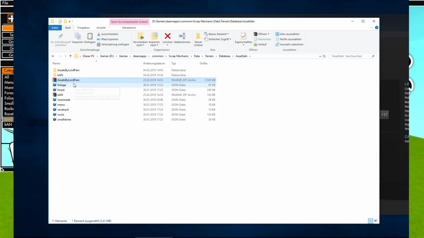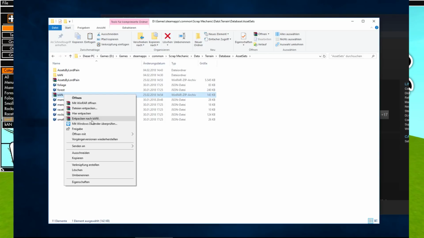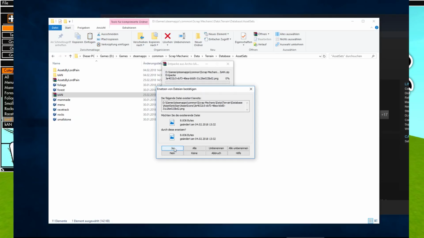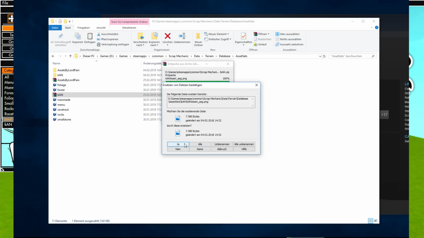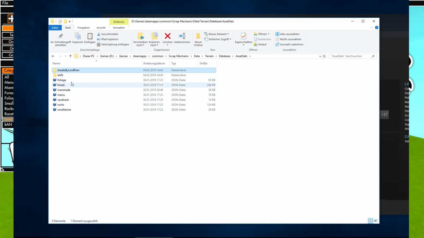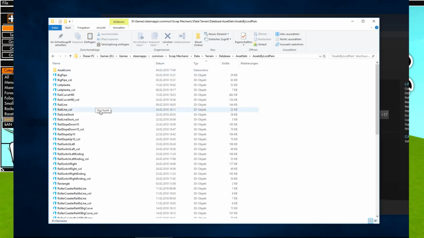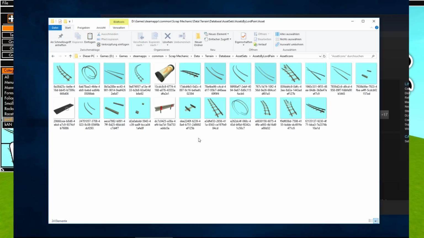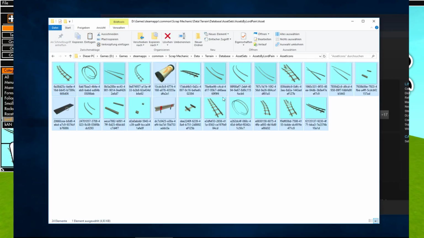Okay, so then you go to the second asset and also go to extract here and replace all the files. Okay, so once you did that, you can actually delete the zip files. And what you want to do now is go to Assets by Lord Payne, Asset Icons. There will be some new icons, and you just copy all of them